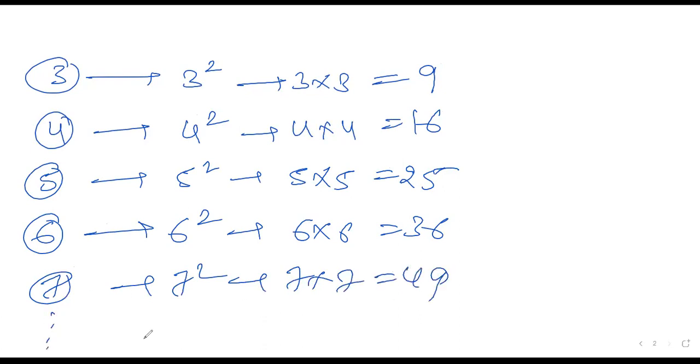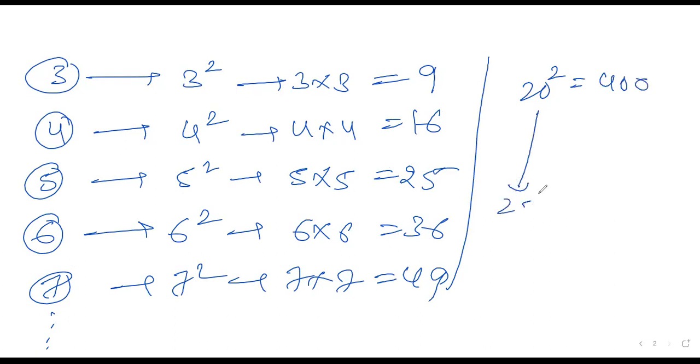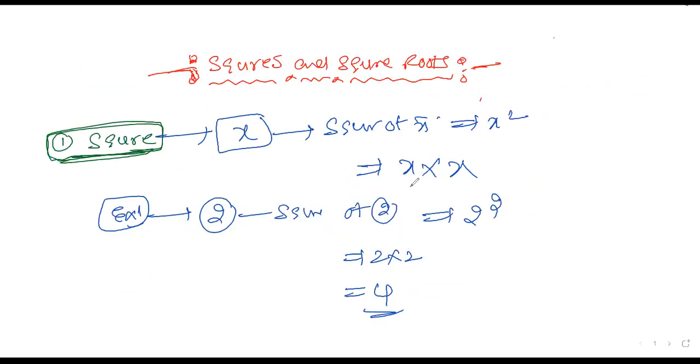Up to 8, 9, 10, 11, 12, 13, 14, 15, 16, 17, 18, 19, 20. Till 20 you have to write, 20 square is equal to 400. Then you continue with all the squares up to 25. So 25 square is 625. Like that, you have to write all squares. So how should the square be written for a number? You multiply the number by the same number. Still now, up to 20 is mandatory for future levels.